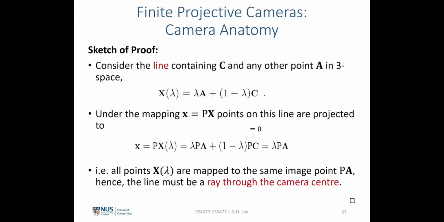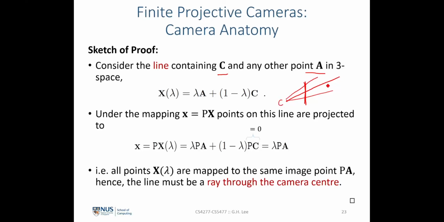And we'll see a sketch of proof on why the camera center has to be in the null space of the camera projection matrix. Let's first consider a line that consists of the camera center C as well as any other point in the 3D space. What this means is that I'm actually looking at a light ray that is projected onto the camera center. There could be many other light rays that converge, that meet at this single center